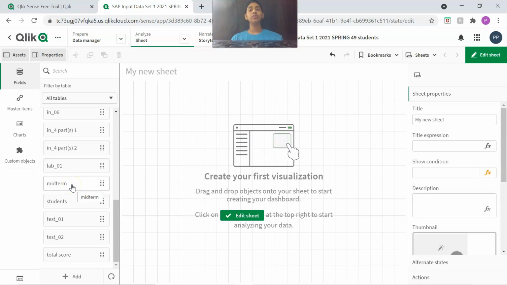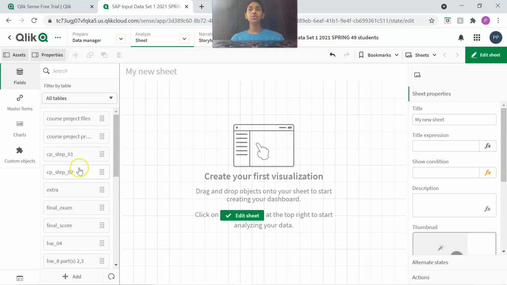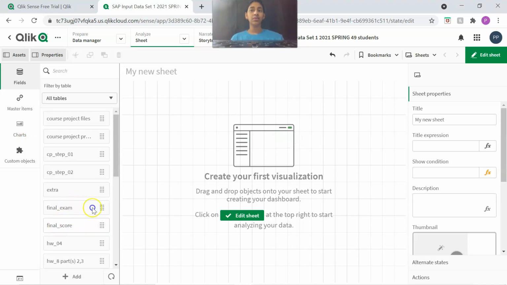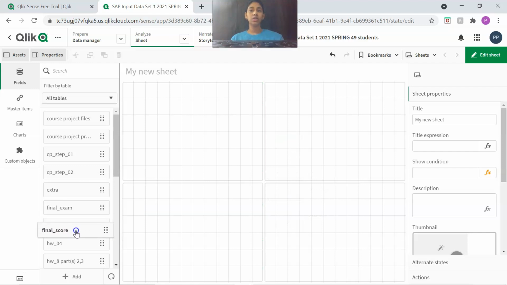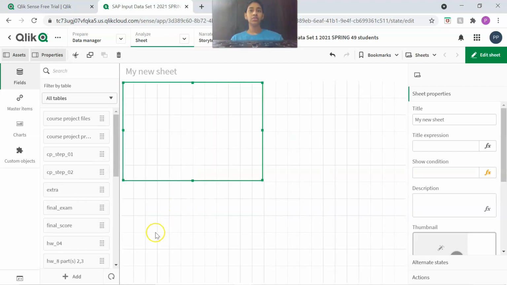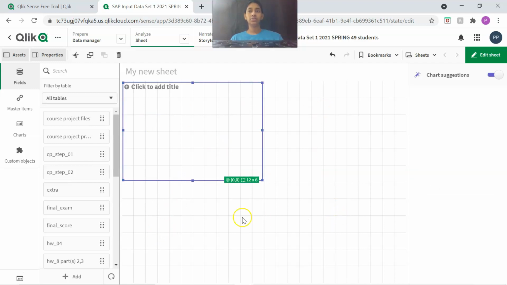So what we are doing is we will find the average class score for each assignment. So to create the average class score, first let me drag the final score. So just click on the final score and drag it to the chart area.